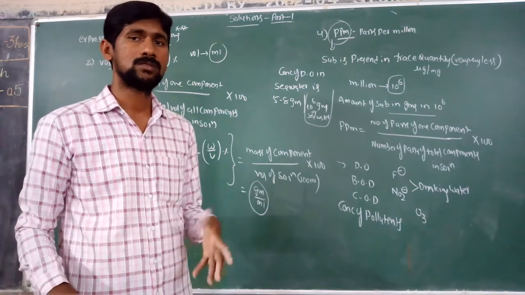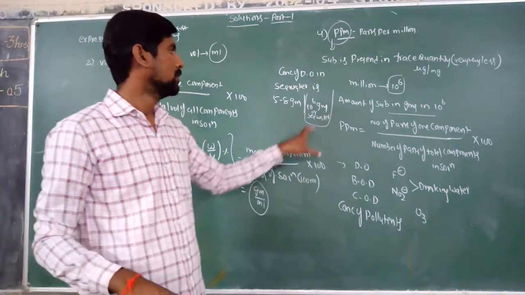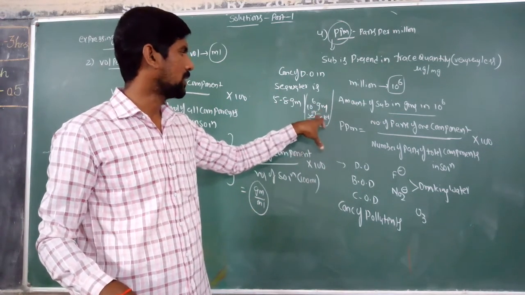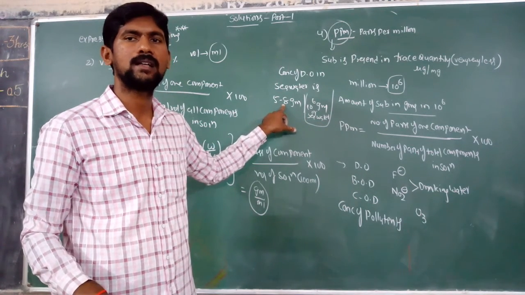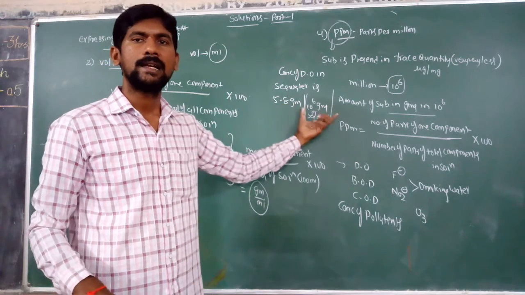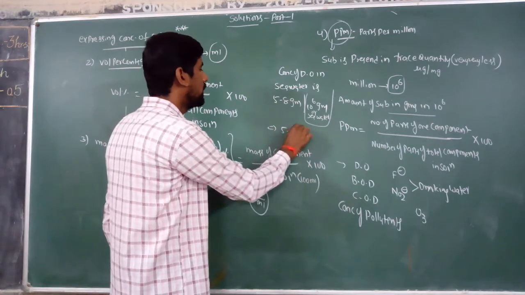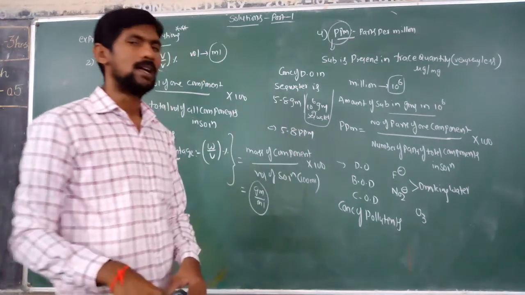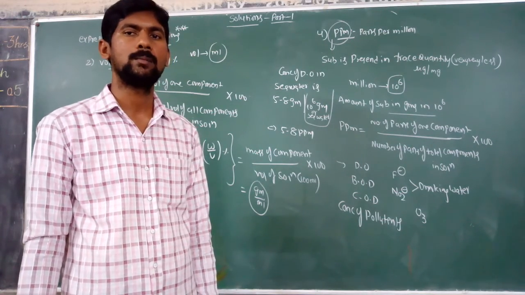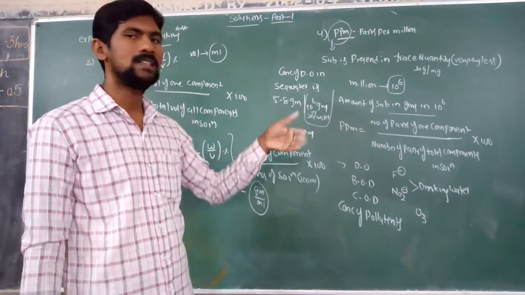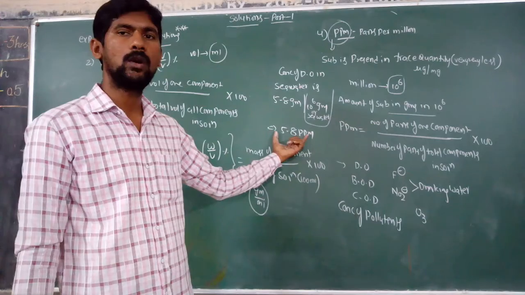Oxygen is dissolved, which is useful for sustaining aquatic life, plants, animals in the seawater. So in the 10 power 6 gram of seawater, what is the dissolved oxygen present? Only 5.8 grams. Which means that what is the concentration? 5.8 ppm, because 5.8 gram of oxygen is dissolved in 10 power 6 gram of seawater. Therefore, in terms of ppm, it is 5.8.